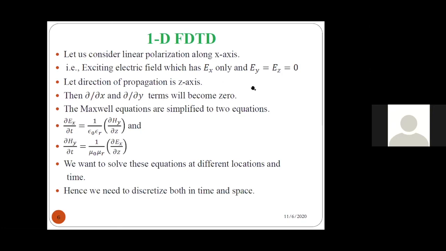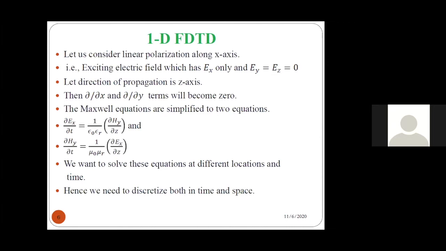Okay, so if Ey is 0, obviously we will get Hy, that is the magnetic field components in those particular directions, that is Y and Z respectively. Okay, so now here I have included one, the electric field variation along the X direction, and one more, the magnetic field variation along the Y direction. So these two are perpendicular to each other.